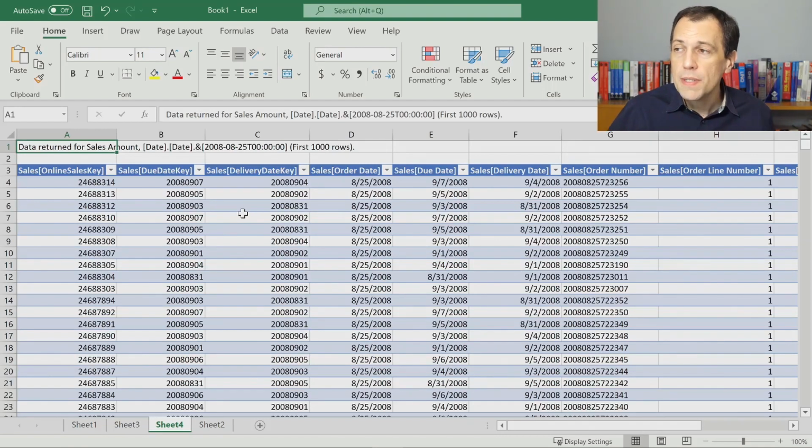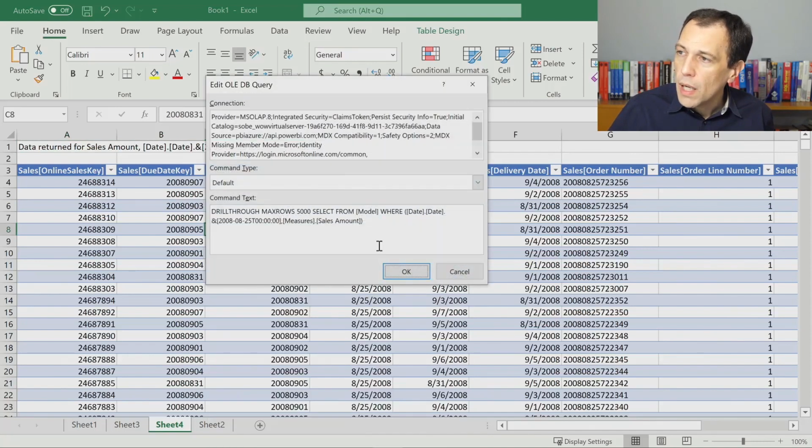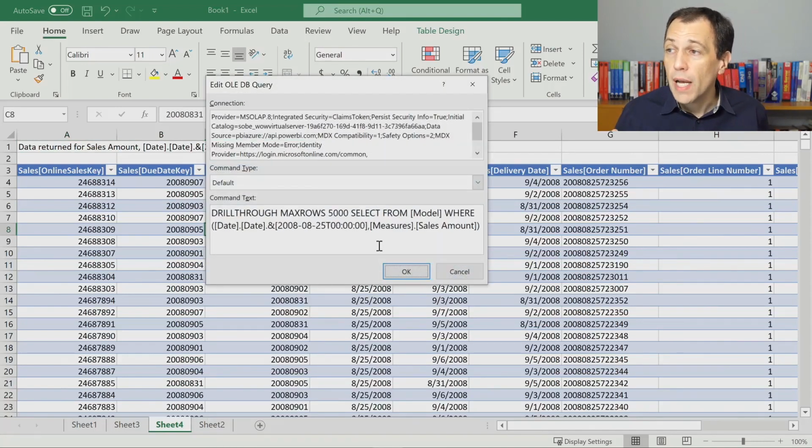The good news is that in this connection, instead of using an MDX query, I could use a DAX query. I could replace my MDX code with DAX code. Now that you understand the principle, we can go to DAX Studio and use it to create the query we want that produces the result we want, and we can replace it here. Or, much better, we can create an Excel file from scratch from DAX Studio,